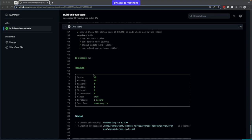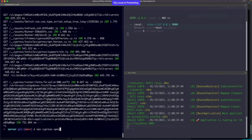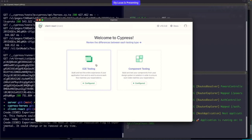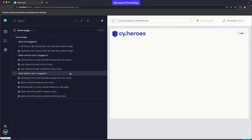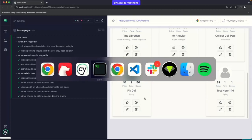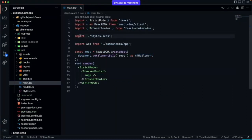All right. One of the things I was looking for your help with is we got our Cypress tests running, and those are great. But something that's happened to me quite a bit when running Cypress tests is that they all run inside of a browser, and you can visually see them and inspect to make sure they look correct. But reviewing your runs inside of the Cypress Cloud is almost a manual step. And something I've run into before is somebody might come into the code base and make a change,